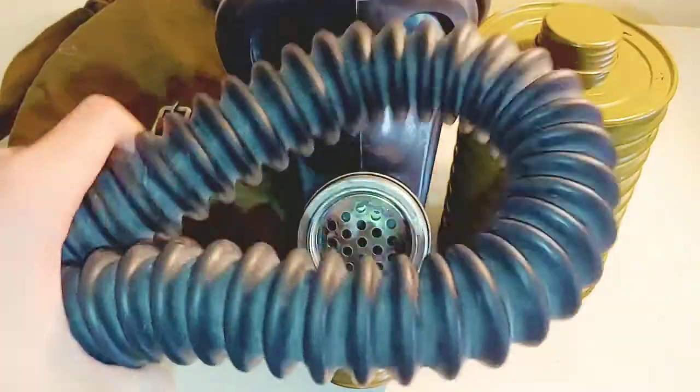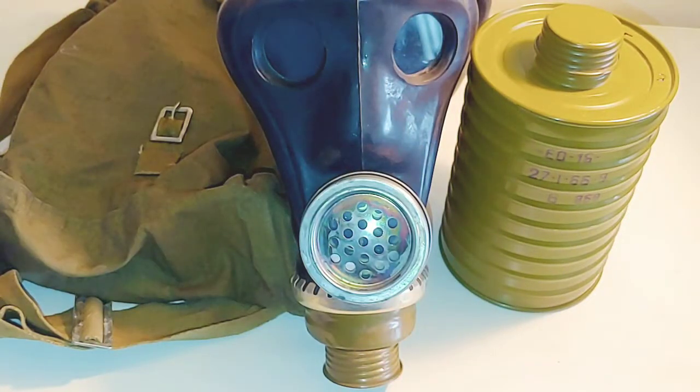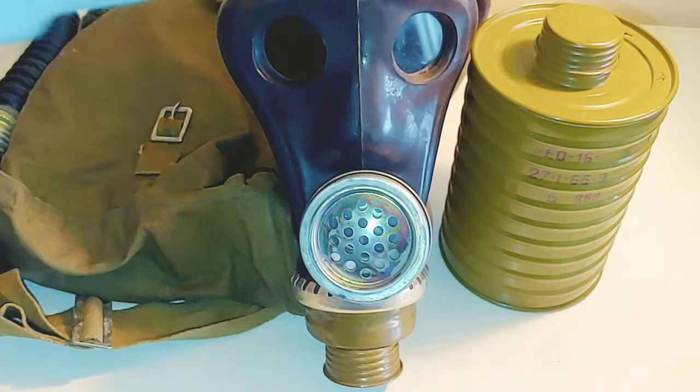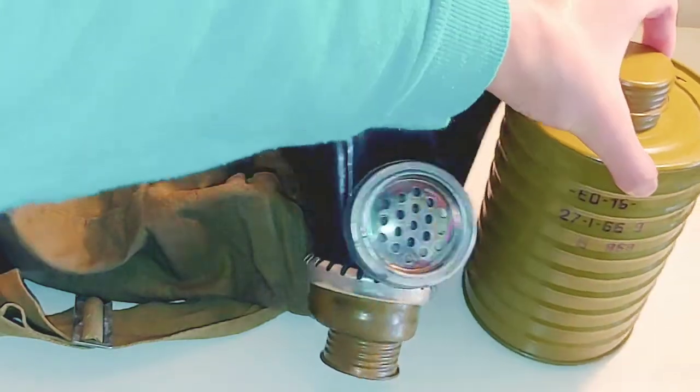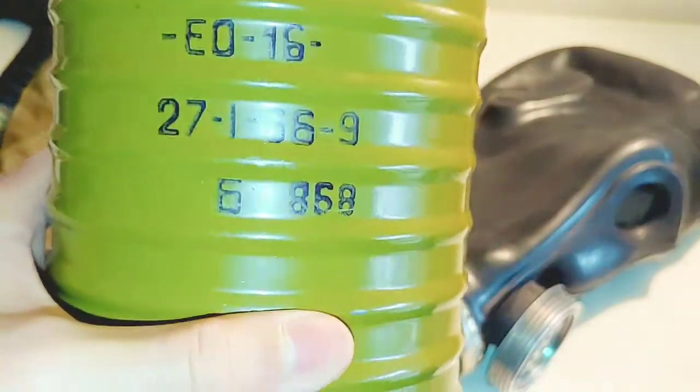So now, it also came with the hose. The hose, I switched it out. This one is a rubber one. It came in a canvas covered one, but I thought the rubber one would match it better. So put that aside. And it also came with a